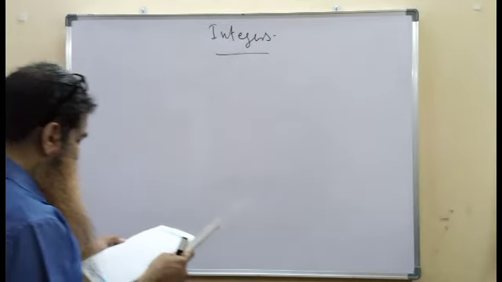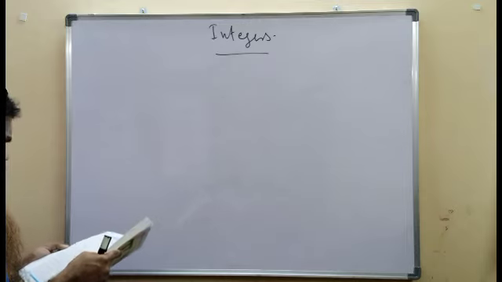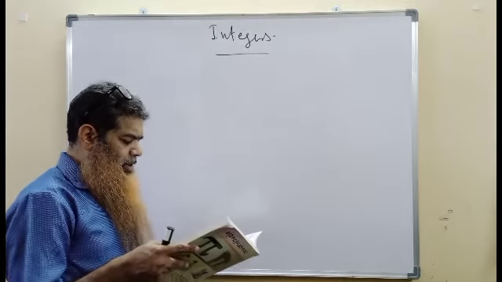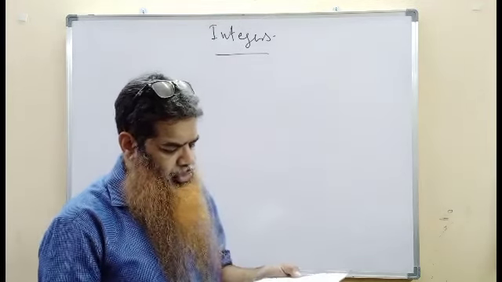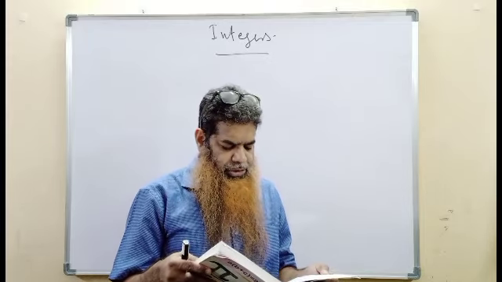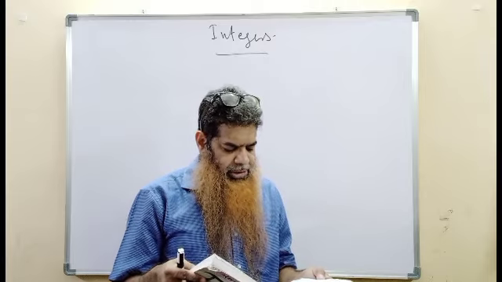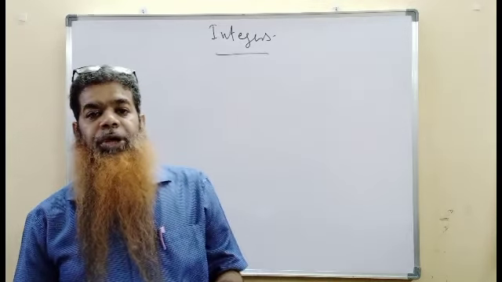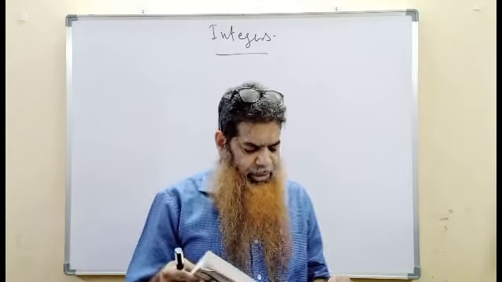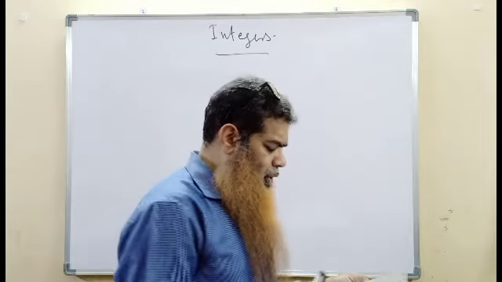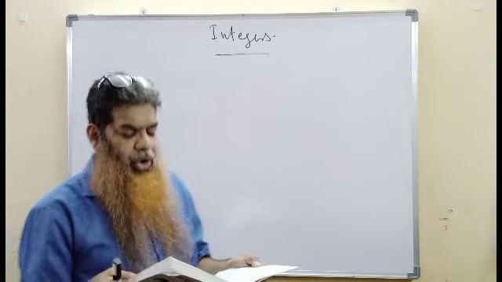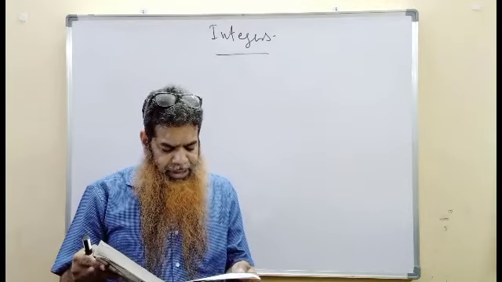Now let us discuss 4 into minus 3. That is 4 times minus 3. 4 into minus 3 is equal to minus 3 plus minus 3 plus minus 3 plus minus 3 is equal to minus 12. On the number line, this can be seen as 0 to minus 3, minus 3 to minus 6, minus 6 to minus 9, minus 9 to minus 12. What are we doing? We are jumping on the left side of 0 on the number line. Thus 4 into minus 3 means 4 jumps each of 3 steps from 0 towards left on the number line, and therefore 4 into minus 3 is equal to minus 12.